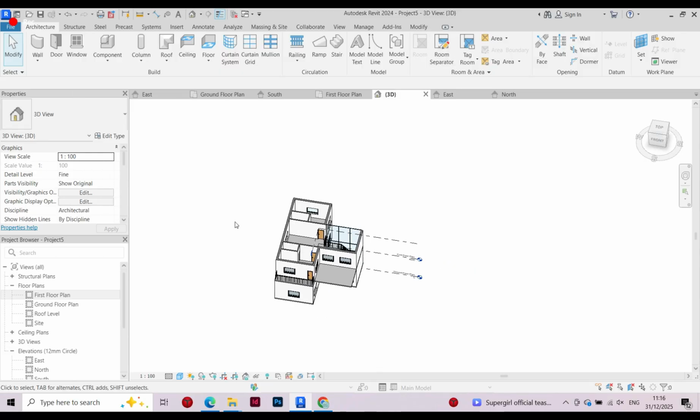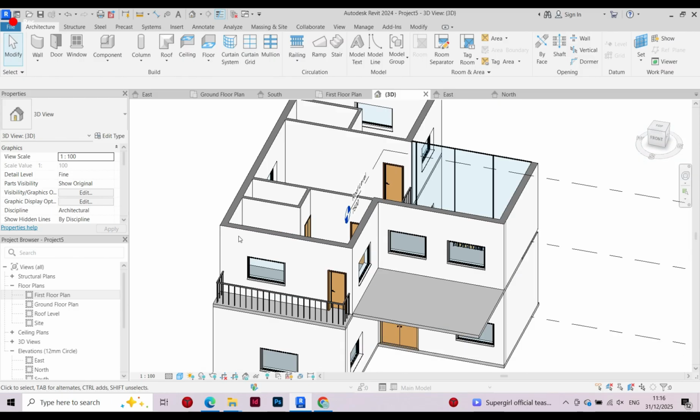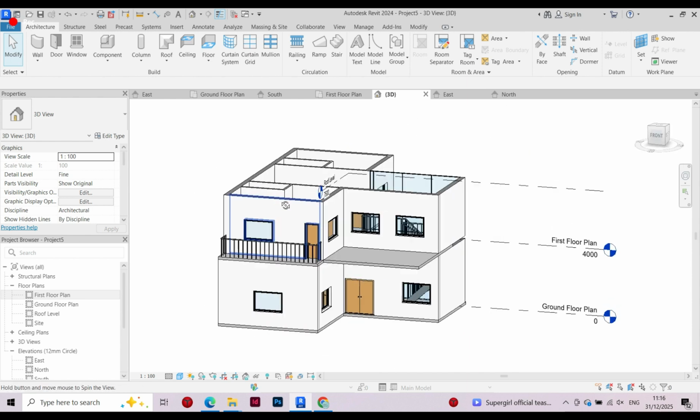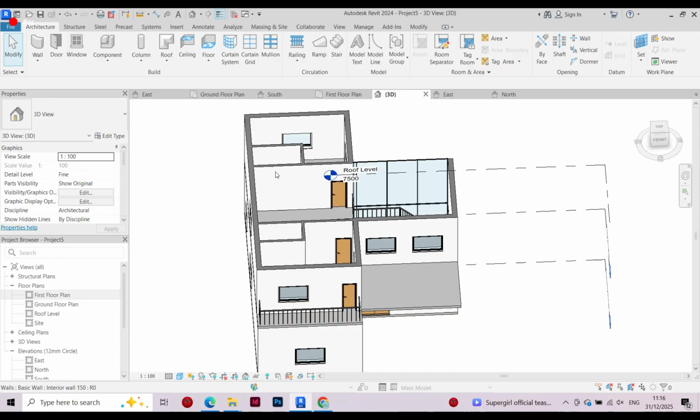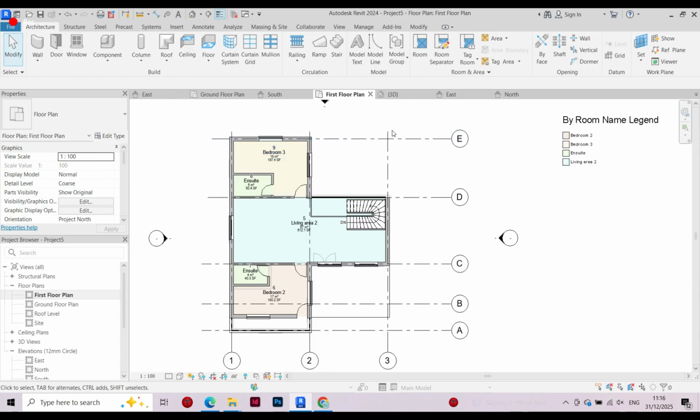So next thing I'm gonna do is the roof for this whole building. So for that, I'm gonna draw the roof. I'm gonna go to first floor, and then I'm gonna draw the roof layout. I'm gonna use the slope roof for this project. So go to architecture tab, go to roof. We can draw the roof by extrusion or a footprint. I'm gonna draw it using footprint,